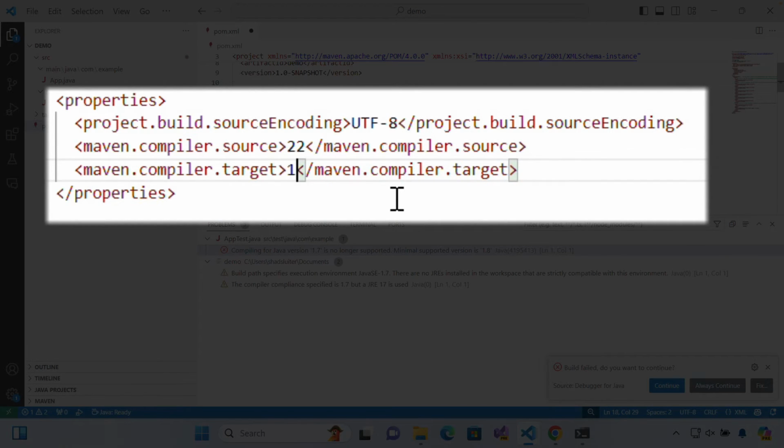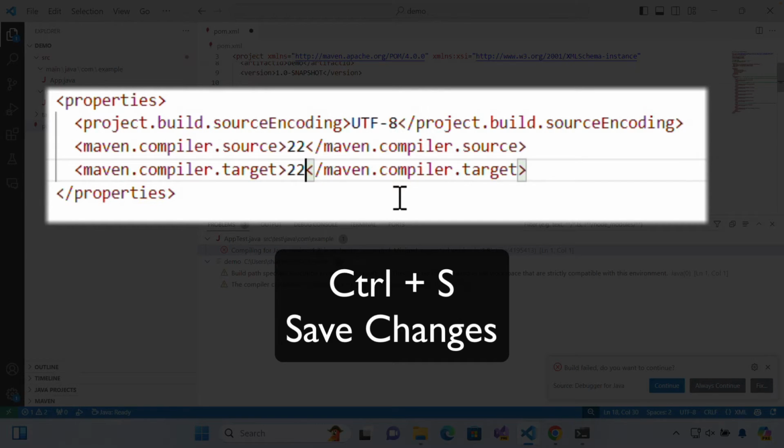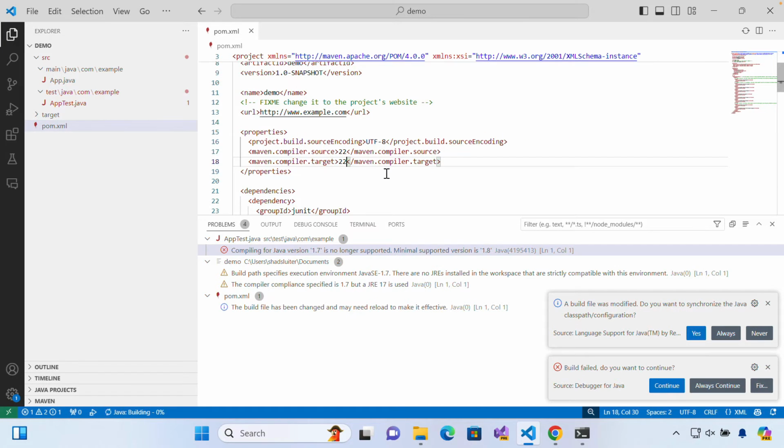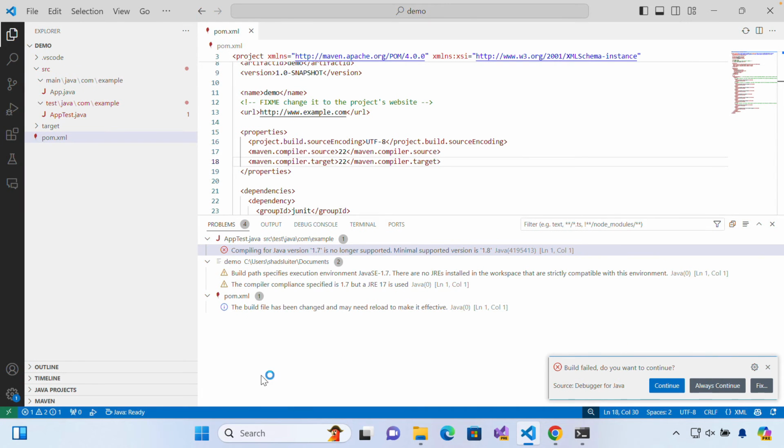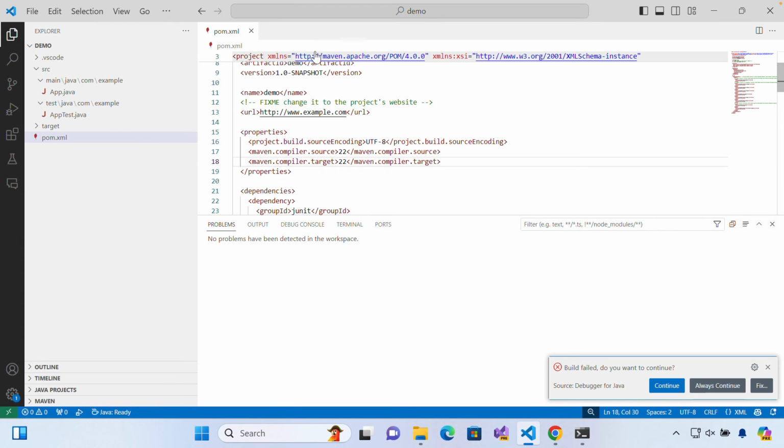So let's see what this does now. Let's put in 22. Now when I press Control S to save it, I will have a prompt that says the build modification has changed or something like that. Would you like to synchronize your configuration? So you can either choose yes, or if you're annoyed with this, you can just choose always and it'll never ask you again. So if I choose yes, you see a few things changed,